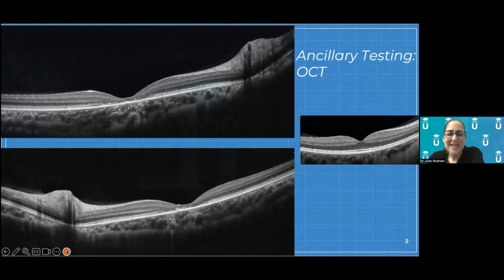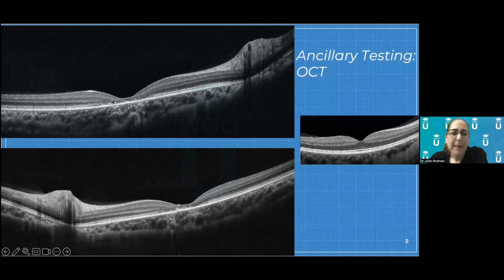So here's her OCTs. I have on the right-hand side here what a normal OCT should look like, really, because I wanted to highlight that the neurosensory retina should have a nice thick appearance, especially in that macular foveal area. In this patient's eyes, this is her right eye, the neurosensory retina looks excellent over here and over here. But look at what happens at the fovea. You can appreciate that the neurosensory retina is very, very attenuated. There's a very small wedge kind of left in the center there.